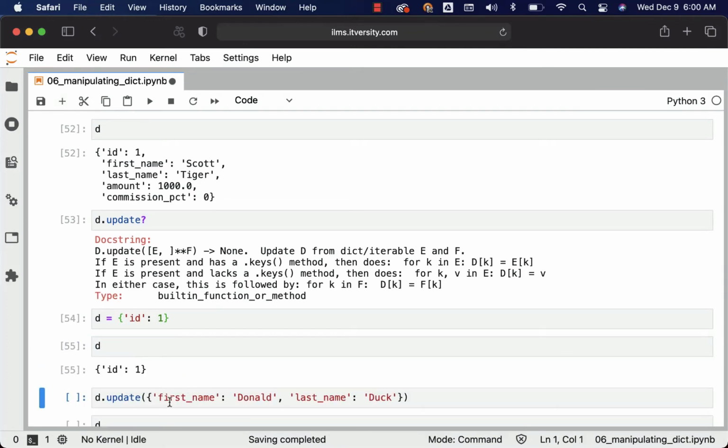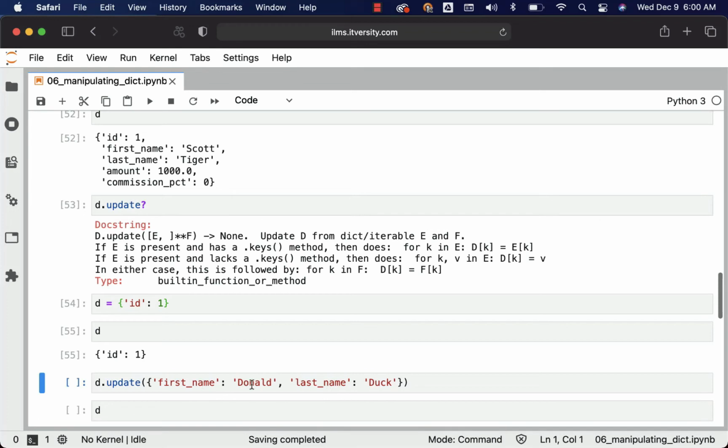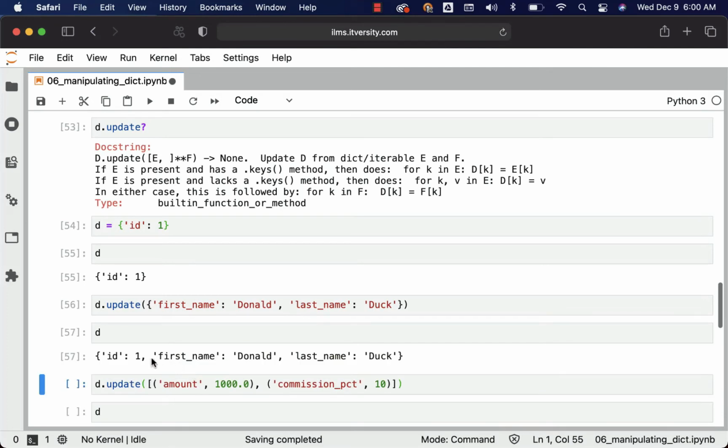Now we are trying to add first name as well as last name to this dict. So I can say d.update first name and last name. As both of them don't exist, both of them will be added. Now let me run this and let me run this. Now we can see that d contains three elements: id, first name and last name with corresponding values.